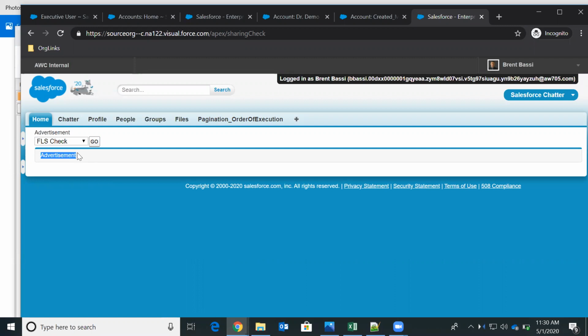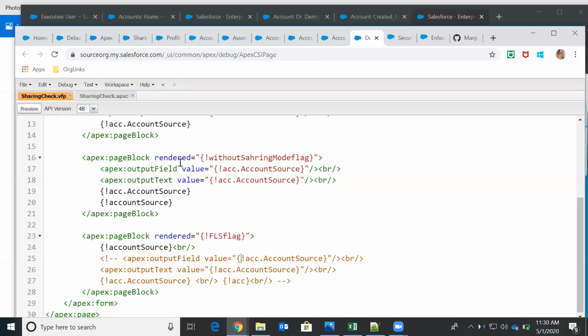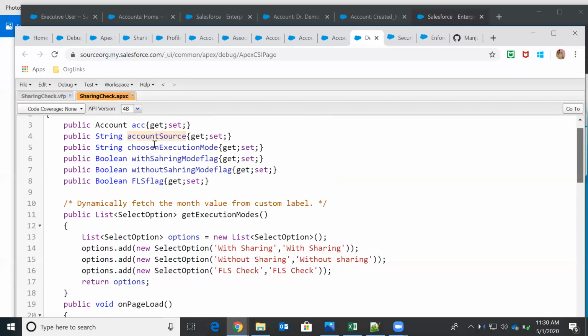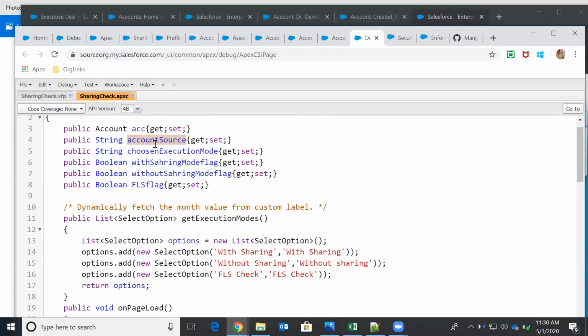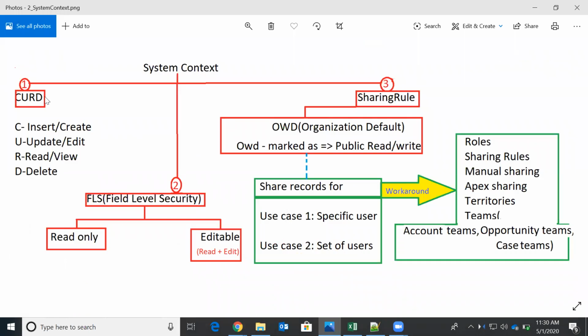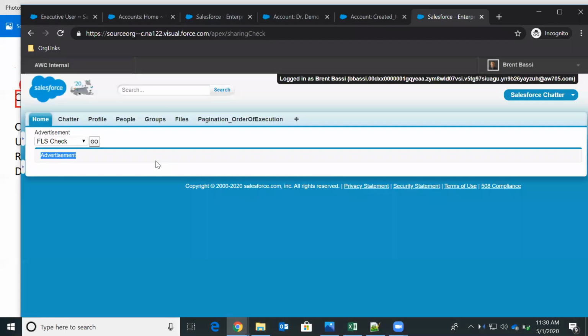to display this data. So the only way to display this data, in case you don't have FLS permission on the Visualforce pages, is that we need to create a field in the class level, and we can display it like that. This is about system context. Now we understand how the system context works, considering these 3 points in the Apex class, and how it behaves when it comes to the Visualforce page on the screen.